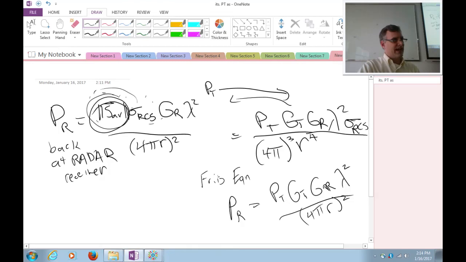Remember, lambda has a 1 over f dependency. So does my link get lossier at higher frequencies or lower frequencies, just according to the Friis free space equation? Lower is better, right? Yeah, that's right. That's particularly true when you don't have the freedom to get big gains here, especially when you're at lower frequencies. So for example, if I have a